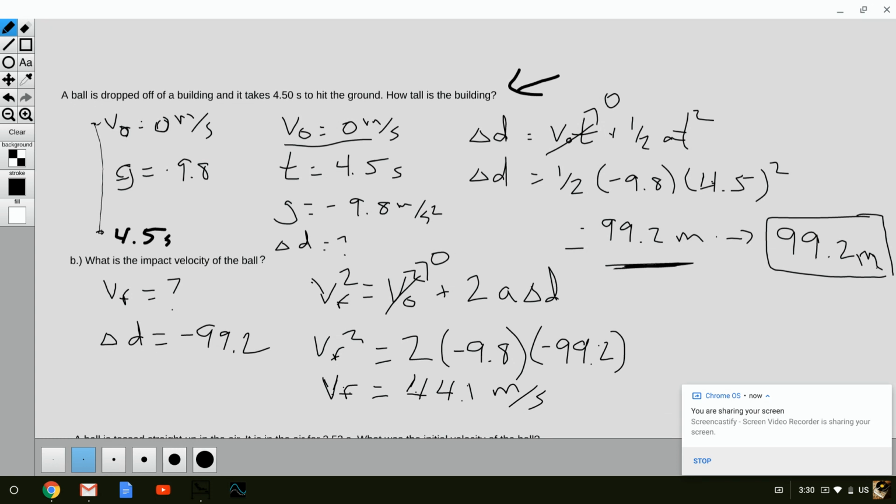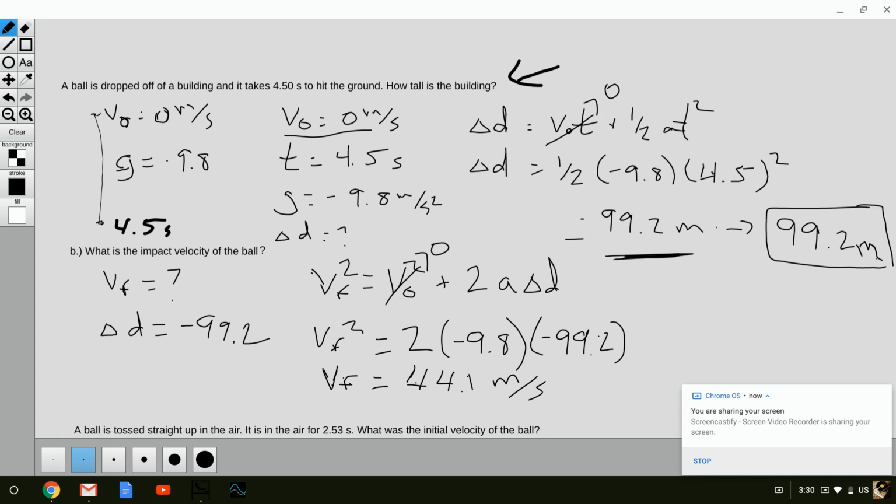Here's the problem with that. The ball is moving down. So what you've got to realize is that when you plug this in, you're taking the square root of like 1944, like I said. The actual square root is plus